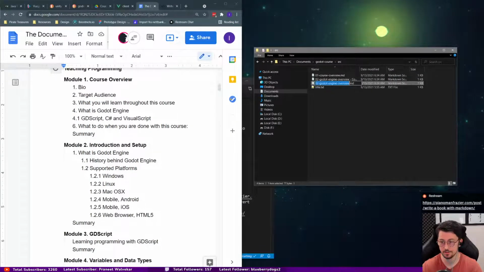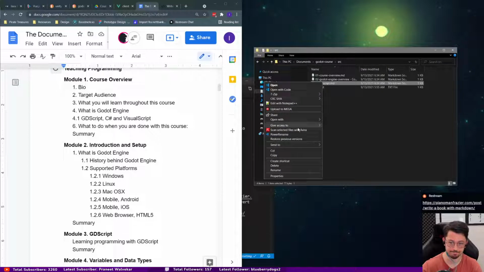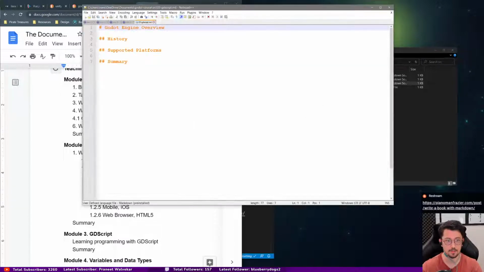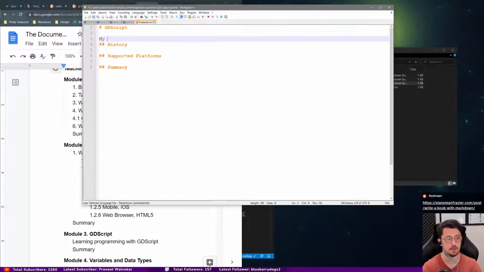Let's call this 03 GDScript. This could be the section about GDScript, and this is the third chapter. So if I open this notepad, I don't know why I did that, but I can open it in VS Code. GDScript, my section about the amazing Python-ish programming language. GDScript,